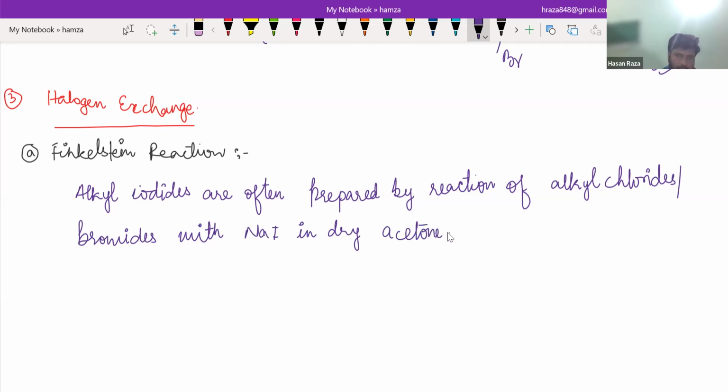Dry acetone. And this is also known as a name reaction, and this reaction is known as the Finkelstein reaction. We can write, this reaction is known as Finkelstein